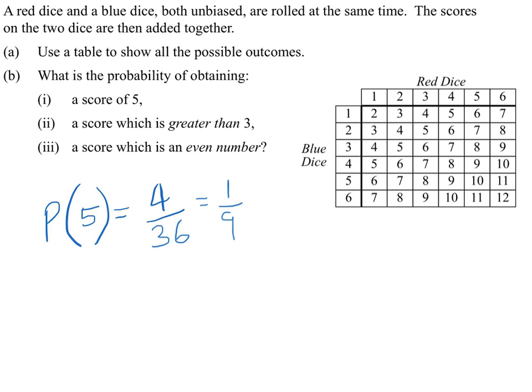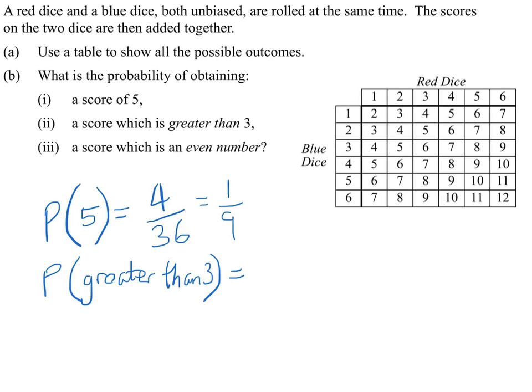For the second one, a score which is greater than 3. So the probability of greater than 3, and we can see here that it's going to be all of these numbers which are greater than 3. So you could simply just add up how many numbers there are out of the 36,